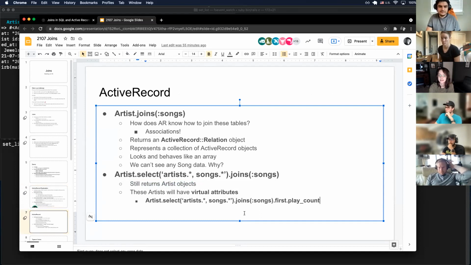The interesting thing is that these artists will have virtual attributes. So we are selecting, as you noted, Gunnar, all the columns from artists, and we're selecting all the columns from songs, and the return value is not giving us song objects. It's giving us data structured, or modeled, as artist objects. You can think of these pieces of data as being modeled as artist objects, but they include virtual